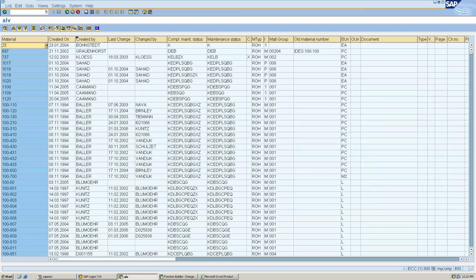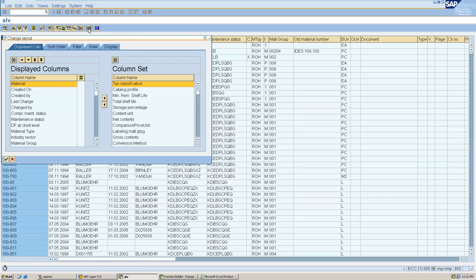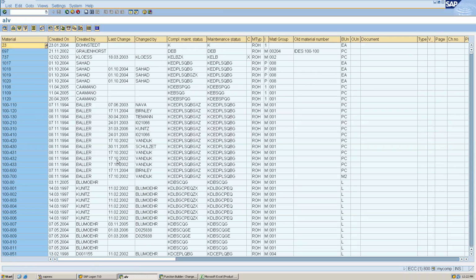If we have to save our layout, how can we save it? As of now, I can select my layout, but I cannot save it. Layout means if I have to display only 10 fields here, or apply some filter and save that value, I can achieve that also. How can we do that? We will see this ALV in detail next class.